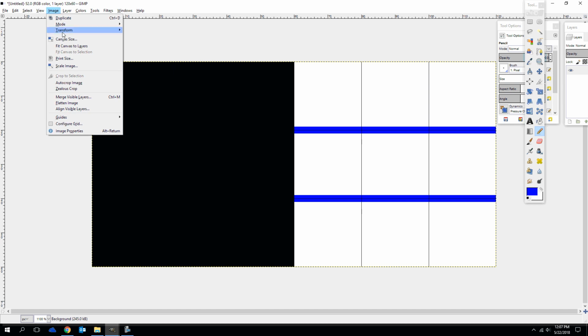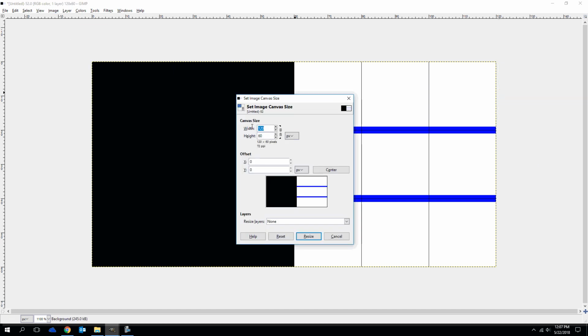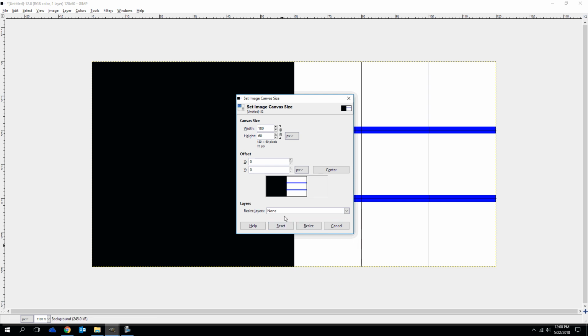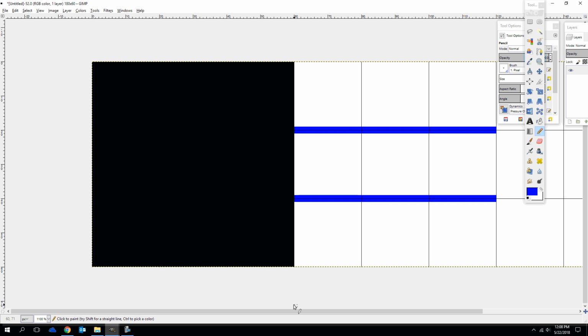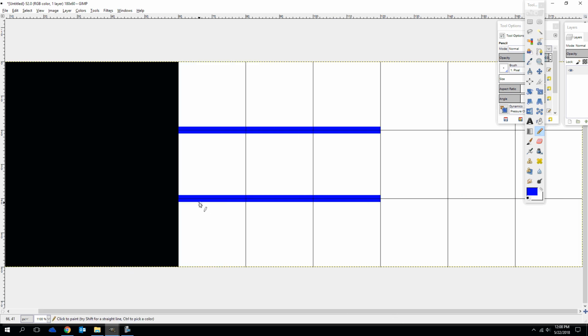So we're going to go to Image, Canvas Size again. We're going to blow this up by 60. So we're going to go to 180. Resize, all layers. How many people are getting all this now? This is not that hard now, is it? All right. And now I want to start taking this guy,